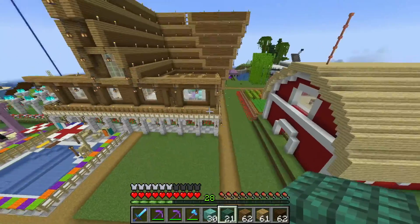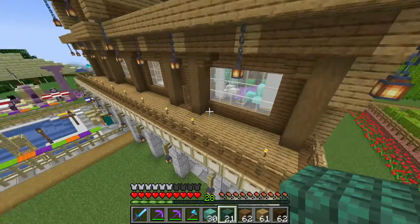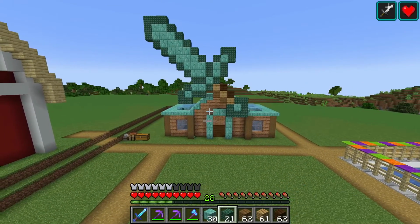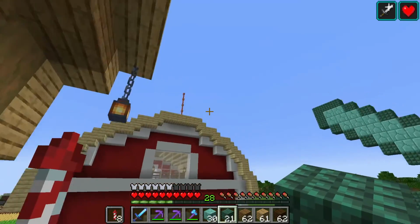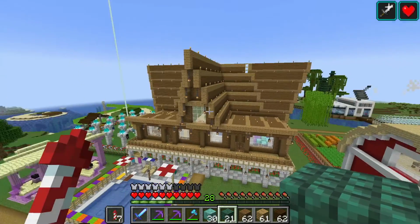We'll fly away and see if we've done it right or wrong. It should be correct though. And there is the sword pixel art done. I think it looks pretty cool there, honestly. I really like it. I think the blade is actually a little bit too small, so we'll fix that real quick here, which I believe we can do pretty easily by just